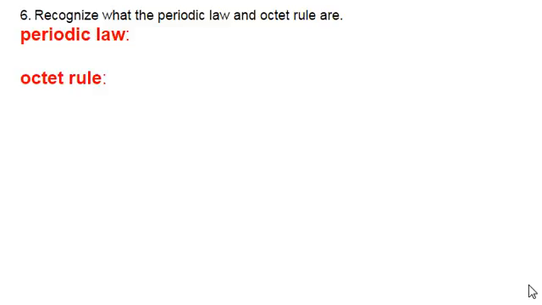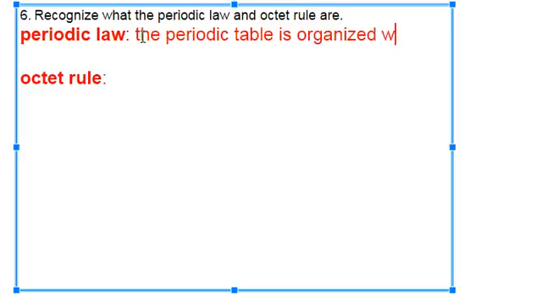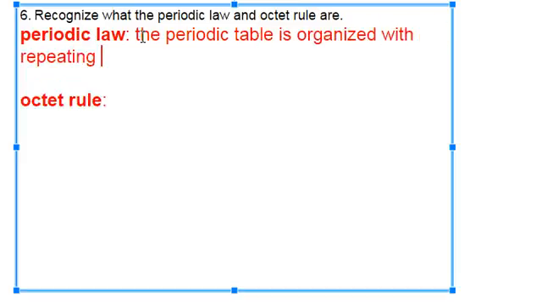Number 6 talks about the periodic law and the octet rule. And periodic law really is no big deal, but you should recognize what the term means. It means the periodic table is organized with repeating patterns built into it. And we've looked at some of those patterns, like the families tell you how many valence electrons